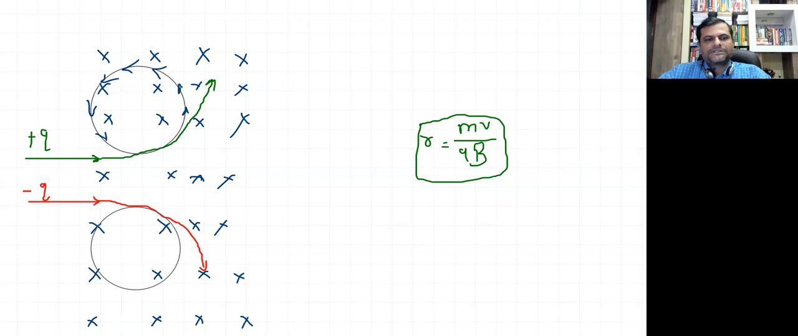बट एट द सेम टाइम दिस अनदर पार्टिकल हियर, ये जो नेगेटिव चार्ज वाला पार्टिकल है तो वो एक्चुअली एक दूसरे डायरेक्शन में घूमेगा जो कि क्लॉकवाइज डायरेक्शन कहलाएगा।